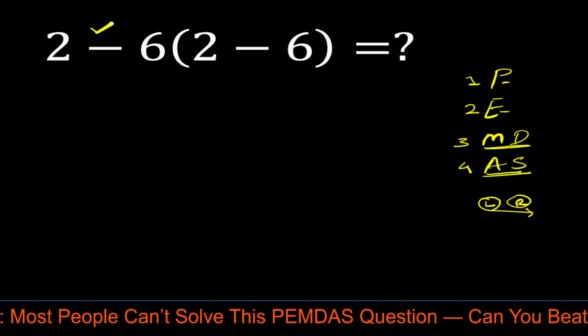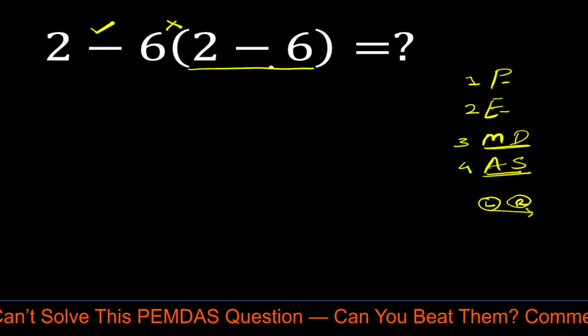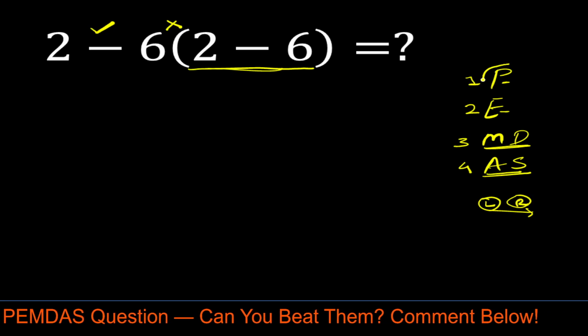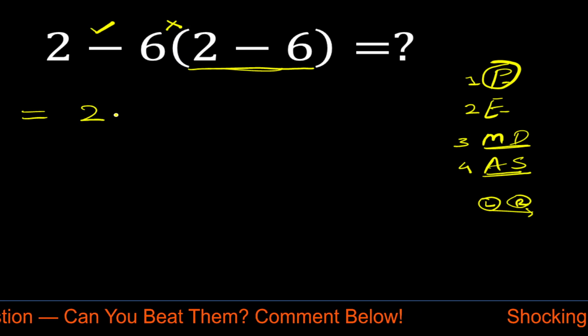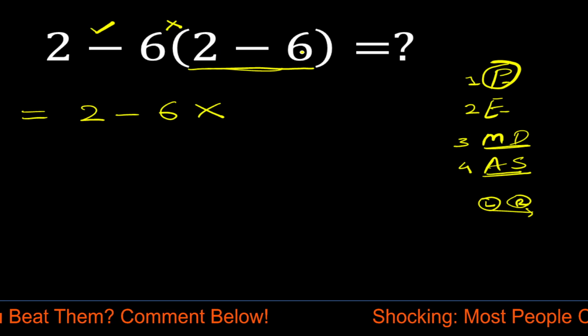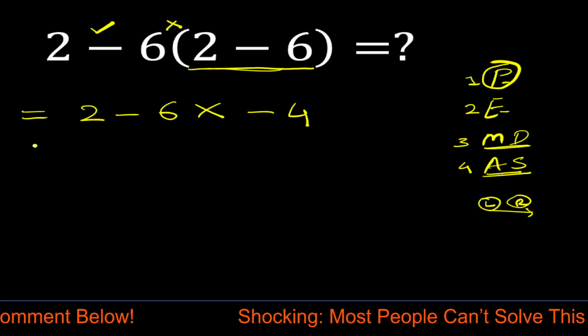So in this question, here we have one subtraction, here multiplication, and here we have one parenthesis, right? So according to the PEMDAS rule, first we have to solve the parenthesis. So 2 minus 6 times, now solve this parenthesis, 2 minus 6 is equal to minus 4, right? So now